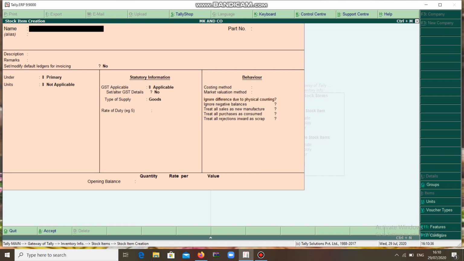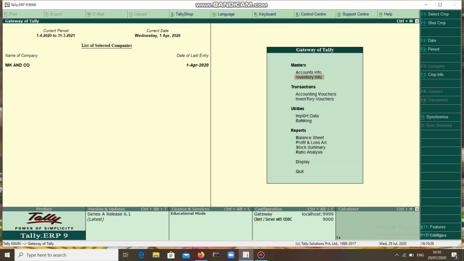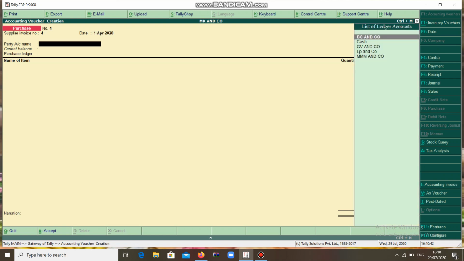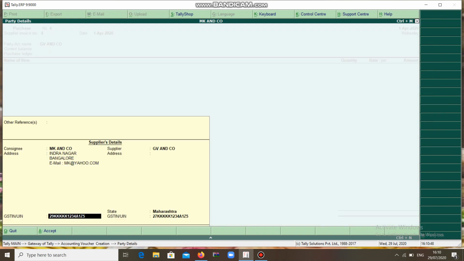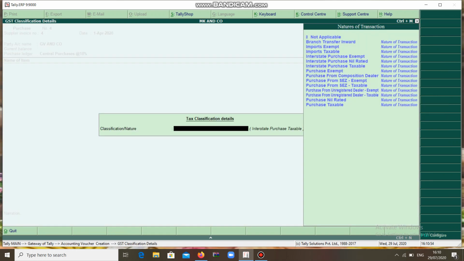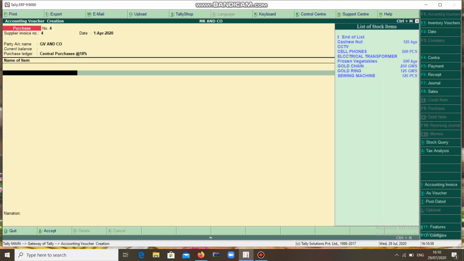Now we have to pass the vouchers. Accounting voucher, F9 purchases. You can take it as GB and Company, Central Purchases at 18%. Here you can give interstate purchase taxable.